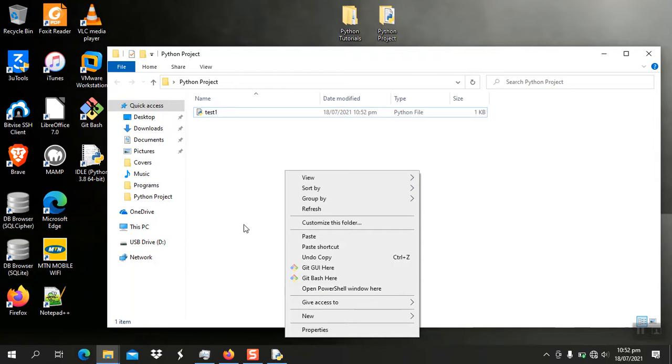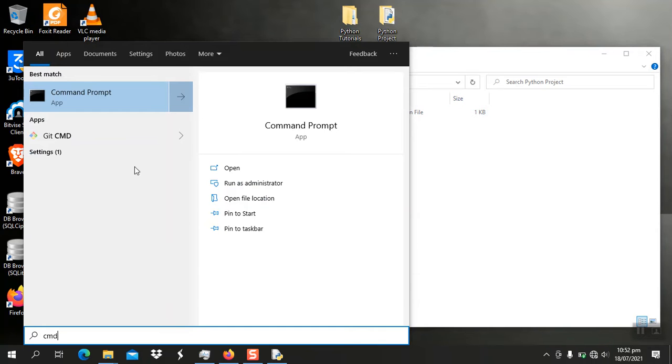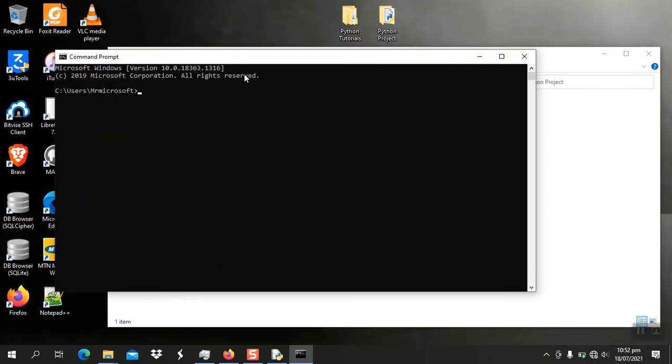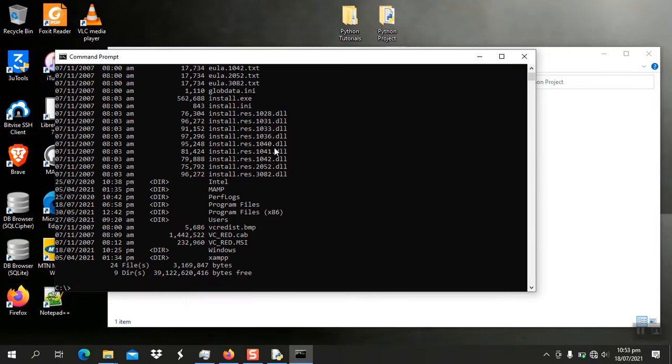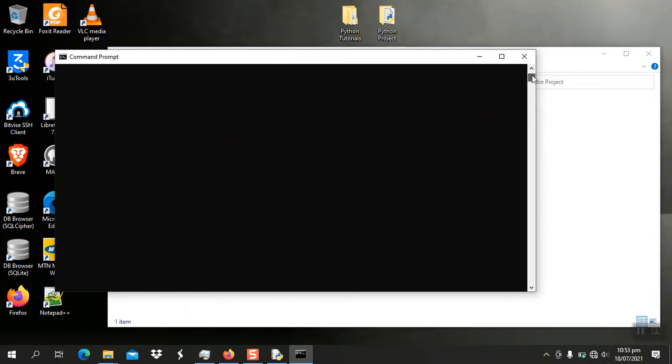If you don't want to open it here, you can still use the command prompt and locate that place, but it's not easy. You need to use commands like cd, maybe cd c something, ls or list directories. You see, is there a desktop here? Let me check. I don't want to go through all this long process. It's quite long. If you don't know it, you're really going to, okay, cd